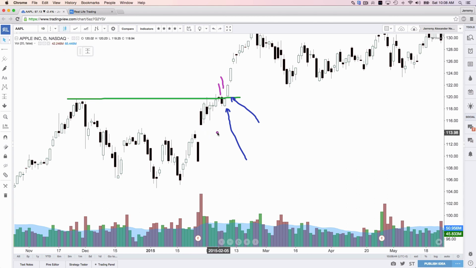And here's another key. You guys ready? Gap action. There was a beautiful gap that occurred right there that trapped people. That is what I refer to as a gap and go. It's a strong gap, and people are trapped, people are losing money. So you had a gap that trapped people and a consolidation before the high of the day, before the breakout. This consolidation, you can see, was just a sideways trading of a few days, and then the stock broke out. That's when you're going to take a breakout.